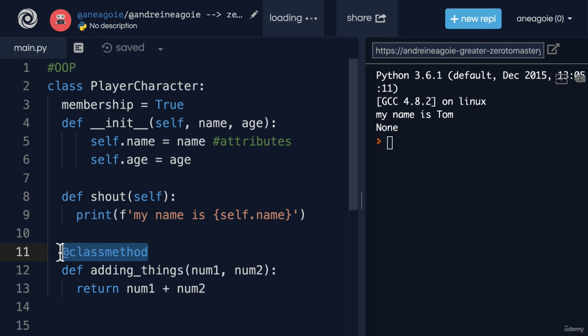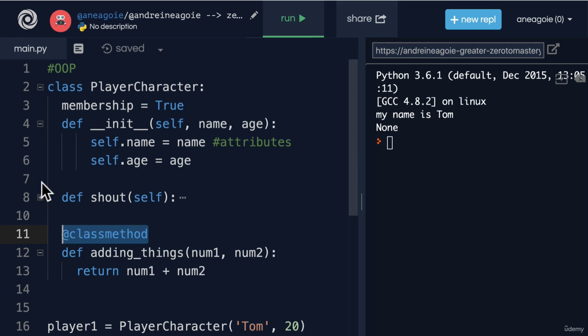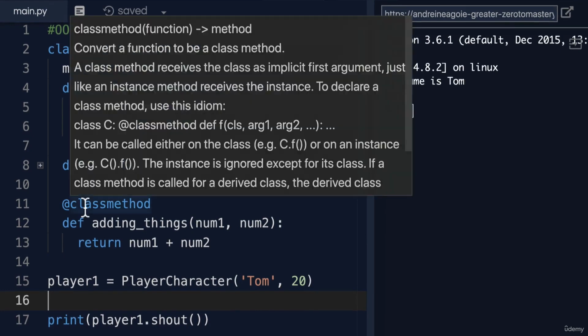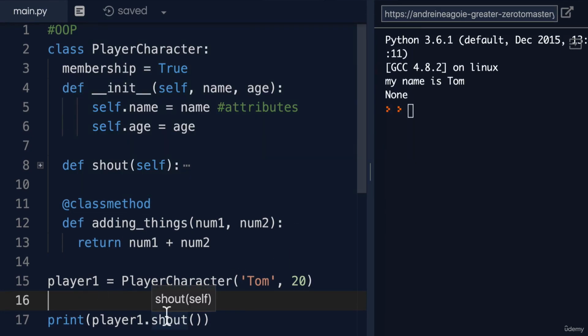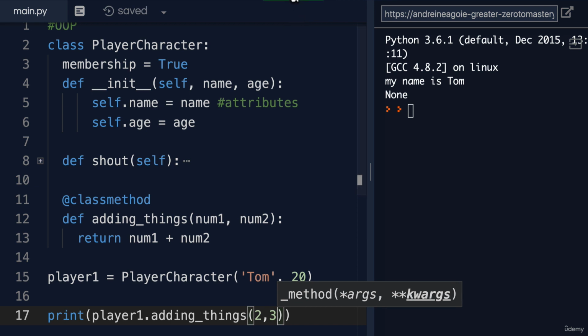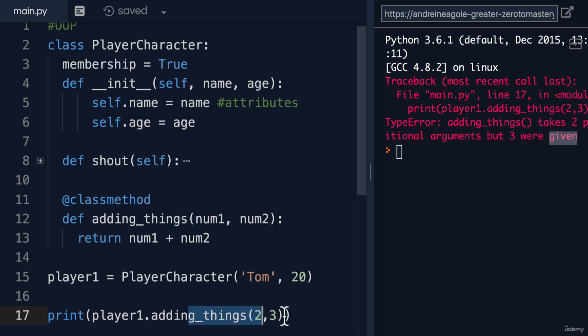Okay, so what does this class method do? Let me minimize this just so we can see a little bit better. Now in here, let's see if player 1 has access to adding things. So let's just say adding things 2 and 3. If I click run, it takes 2 positional arguments, but 3 were given. That's on line 17. So when we call this, we gave it 2 parameters, but then it says that we